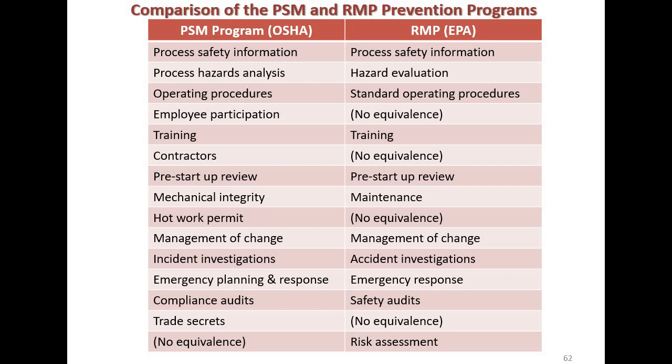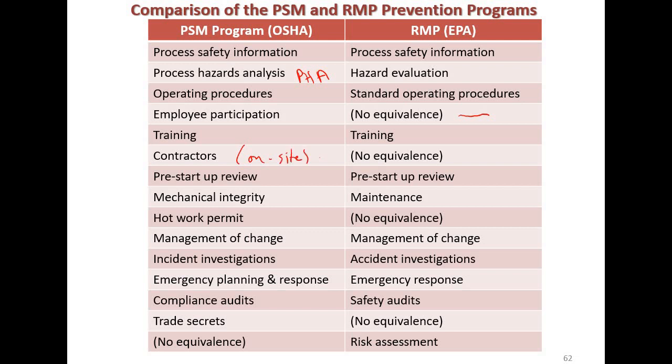So you see, both of them have process safety information. Both of them have hazard analysis. Here it is called process hazard analysis, the PHA, the one that we have seen. And this is called the hazard evaluation, part of the hazard assessment program. They have operating procedure. They call it here the standard operating procedure. They have employee participation. Here they don't have any employee participation because they also talk about offsite, so they did not include them. Offsite people, okay? Training, both of them have training. Contractors, they didn't have anything about contractors. Here, of course, the contractors are part of it because they're on site, okay? So they are part of the PSM.